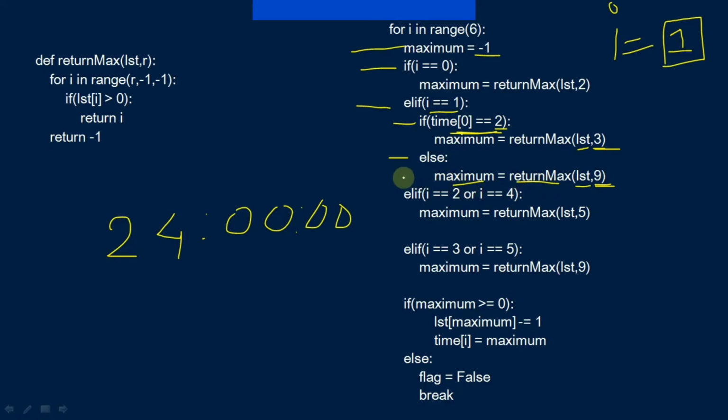So this function will be called and we will find the maximum one. If you are not getting it, please don't worry, when I show you the full code that will make it clearer. Let me first clear the main logic of this code. So when this function is called, LST comma 9.